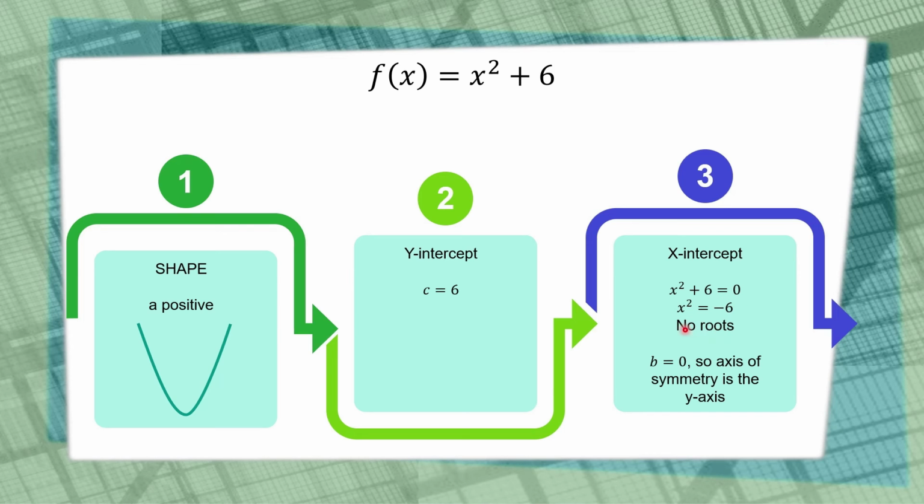So rearranging the equation, we have x squared is equal to negative 6. But we cannot solve this because there is no square root of a negative number. Therefore, we conclude there is no root for the function. When there is no root, that means there is no x-intercept for the function. Also, when b is equal to 0, the axis of symmetry will be the y-axis. So when we combine all this information, the shape, the y-intercept, no root, and the axis of symmetry being the y-axis,